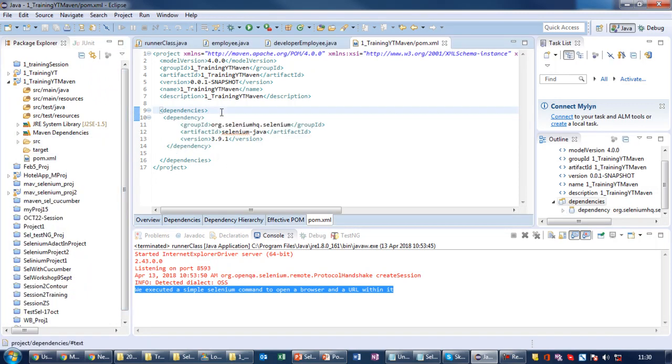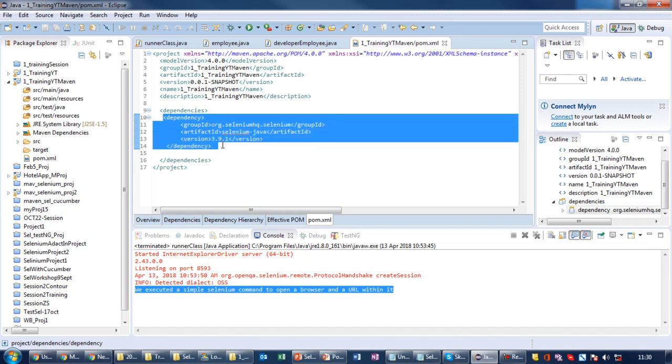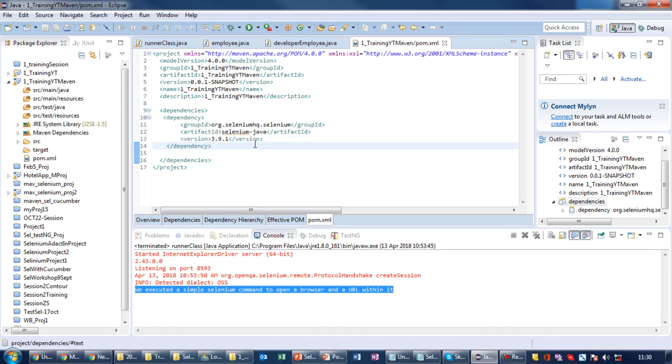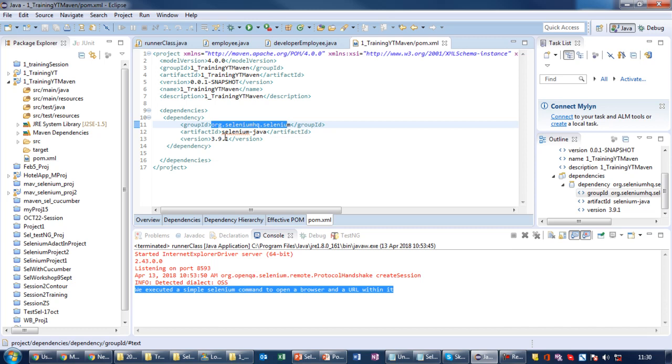So now whenever this project is built by any other person as well, this project does not actually contain hard-coded references to a particular location within the project from where to pick up the libraries. It contains this pom.xml which contains this dependency, and each time that project is built by a person who does not have these files, the pom.xml will redirect at the time of building this project to this particular location,